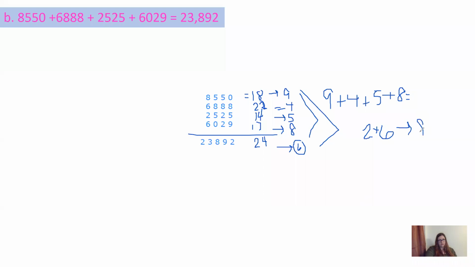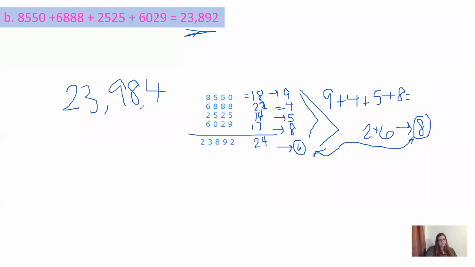Is 8. And so the 8 does not match up with the 6. So the actual number is supposed to be 23,984. So if we wanted to check it just by using this number,